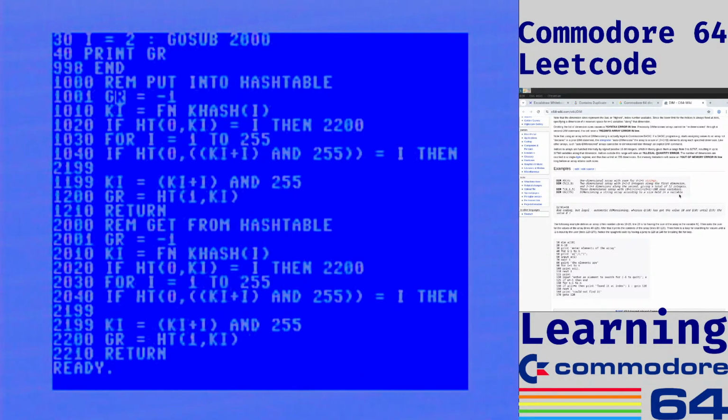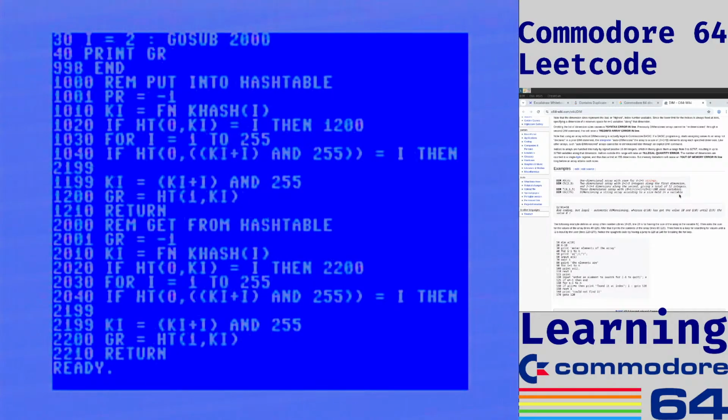Instead of gr, what we want to do is pr, put return. ki is the function at k hash of I. If ht 0, so if the key is equal to I, then 1200. And at line 1200, it should say, oh wait,